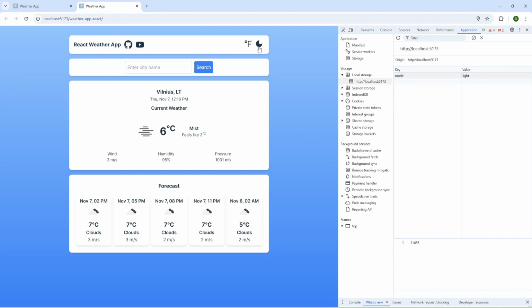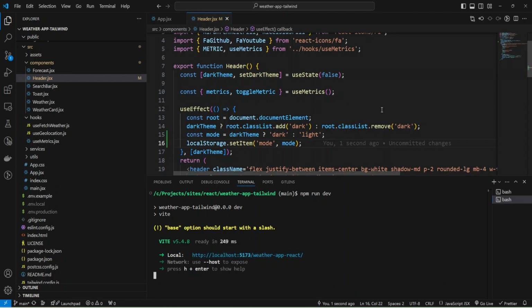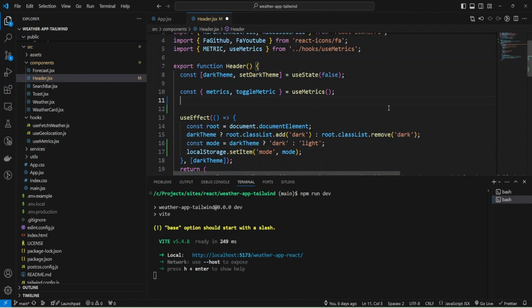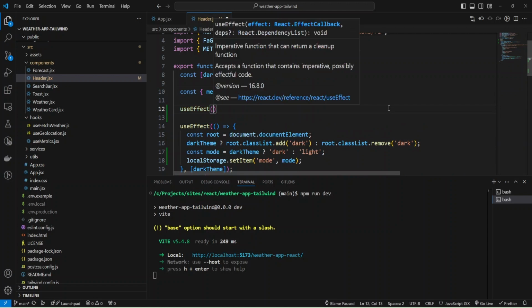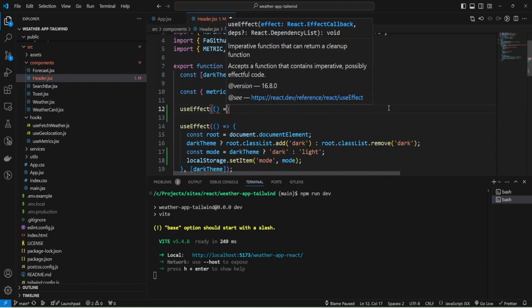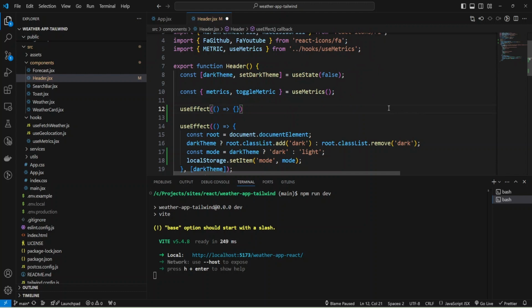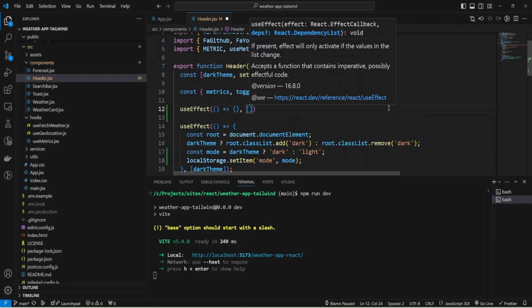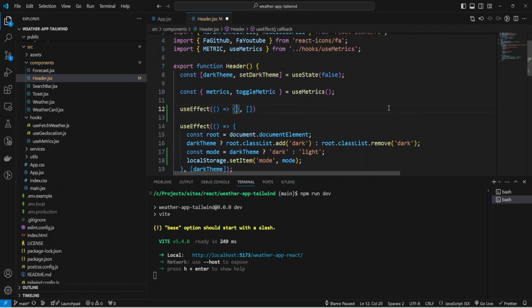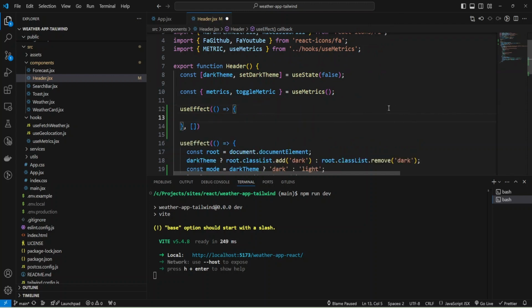But when I refresh the page, I have light again, and let's change that. For that, I'm going to add one more useEffect, and we'll provide the function, and we'll call it when the component is mounted. For the function code, I'll implement changing my state variable depending on the state of the local storage, and let's do it.